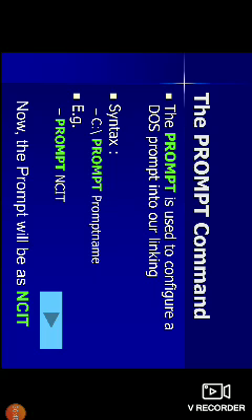Next one is the prompt command. The prompt command is used to configure the DOS prompt. The syntax is c:/greater than prompt space prompt name. For example, c:/greater than prompt space ncit.